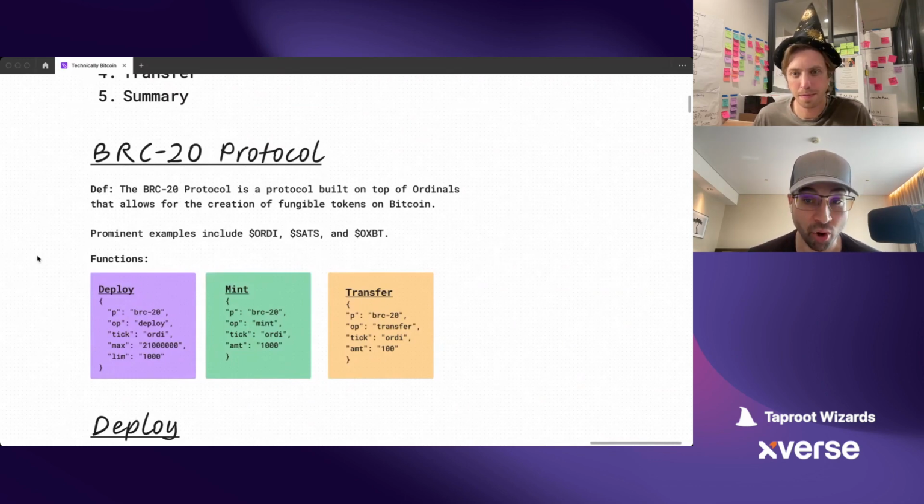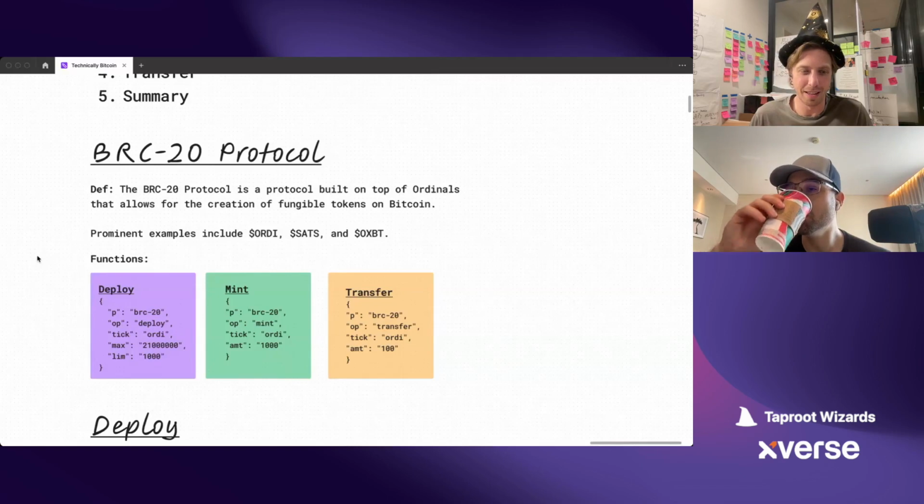The BRC-20 protocol. Give us some sort of brief summary of this, what it is, what it means, and what it can do. The way I think BRC-20 should be defined is that it's a protocol built on top of Ordinals, and it allows for the creation of fungible tokens on Bitcoin. It actually uses the Ordinals protocol to get this data that we'll talk about in these functions on the chain.